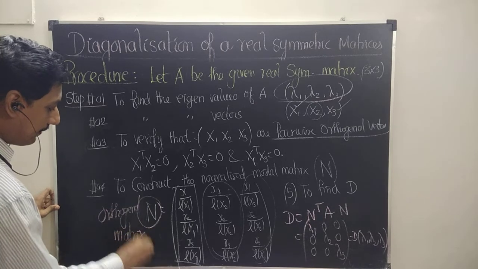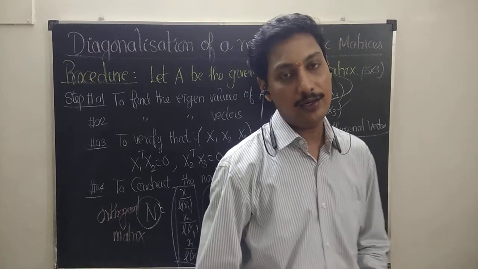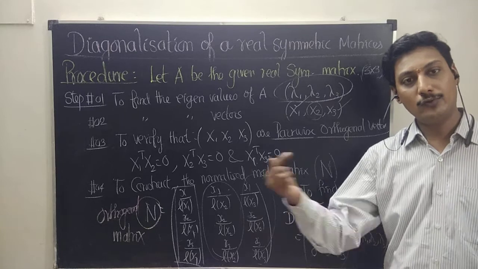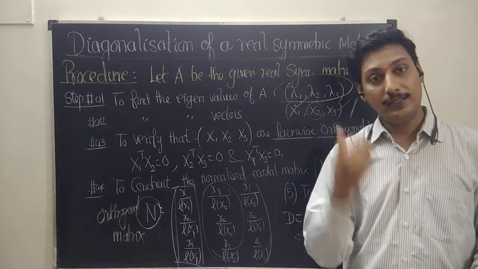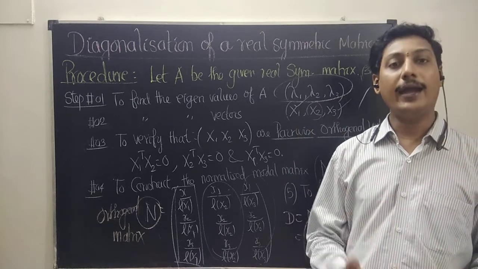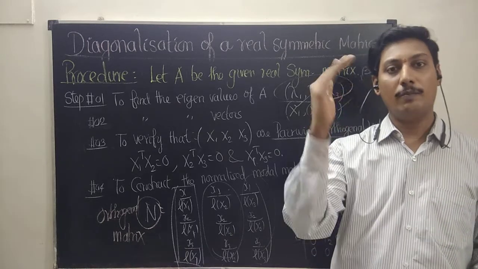When we say that the matrix is orthogonal, how do we get the length of the eigenvector and how do we find the normalized eigenvectors? Please go and watch. I have made a separate video to determine the length of a vector as well as pairwise orthogonal vectors and normalized vectors. Please go and watch my videos.